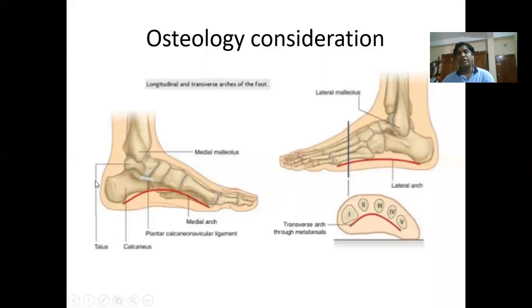Now go to the anatomical details. I divided my lecture into parts: some parts are osteology, some parts are joint considerations, and some parts are biomechanics and my clinical case sharing. In the human foot, it is very well known to us that our foot is dome shaped. It has the arch, but the medial side is at a relatively higher level than the lateral border. So please keep this in mind when you put the wire,